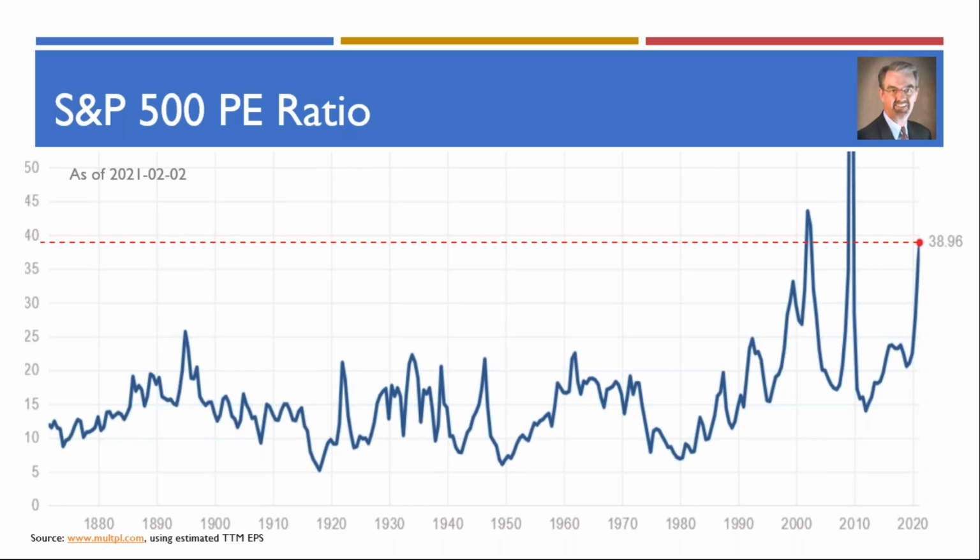Following the bull market of the 90s, where we saw PE ratios reaching into the 40s and then declining, we see the anomaly of the 2008 bear market there, where PE ratios skyrocketed into the 60 level and then fell back down. And now those PE ratios are high. There are two things going on.